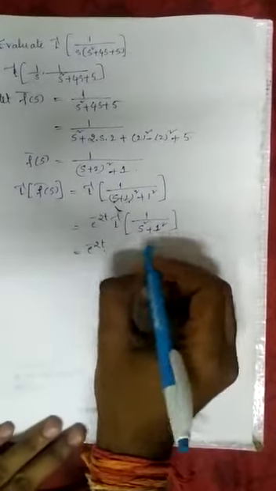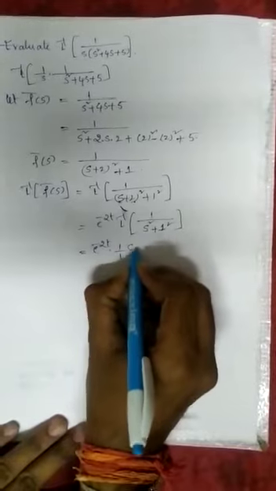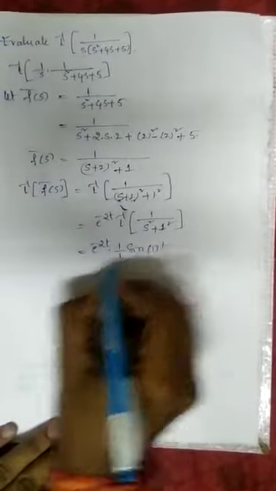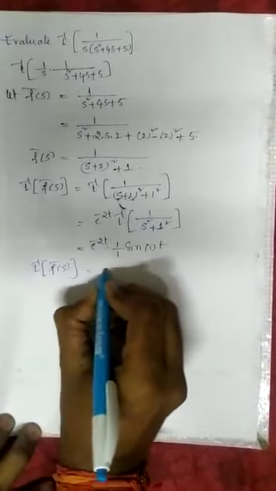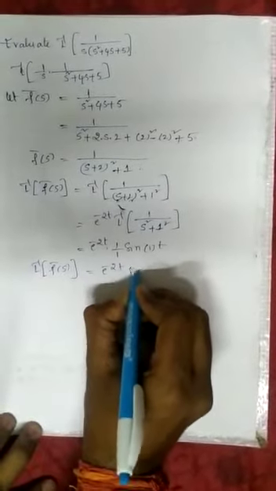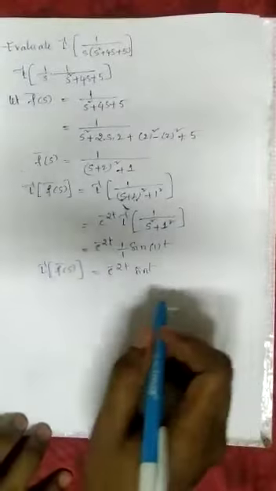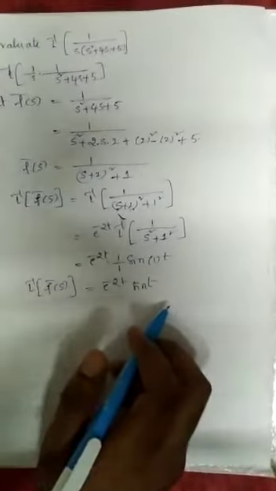What is the formula? 1 by a into sin at, so 1 by a into sin 1t. So Laplace inverse of f bar of s value is e power of minus 2t into sin t. That is the Laplace inverse of f bar of s value. Next,